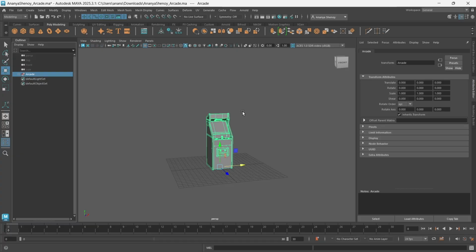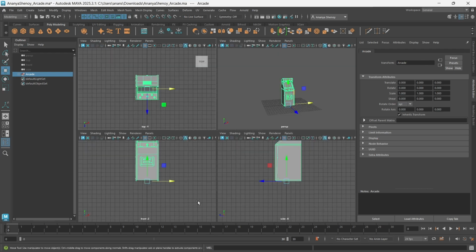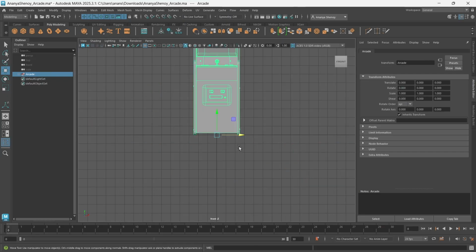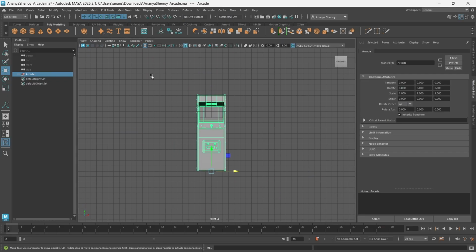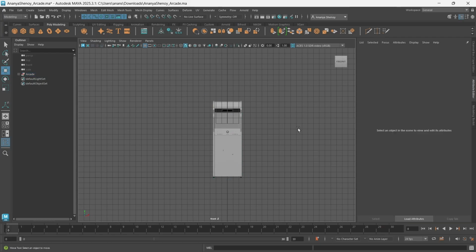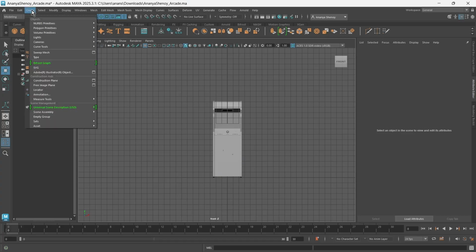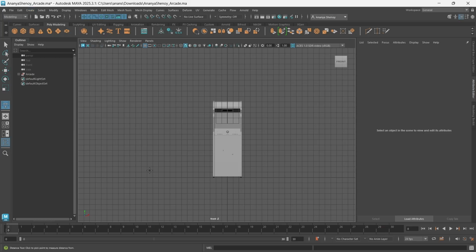We've discussed this in class, how to measure the scale. So I'm going to show you those steps again so we can scale this according to real world size. As a reminder, Maya works in centimeters. The default unit for Maya is centimeters. So any measurements that you see will be in that unit. I am going to leave this object here, and I'm going to create my measuring tool. So create, measure tools, and distance tool.